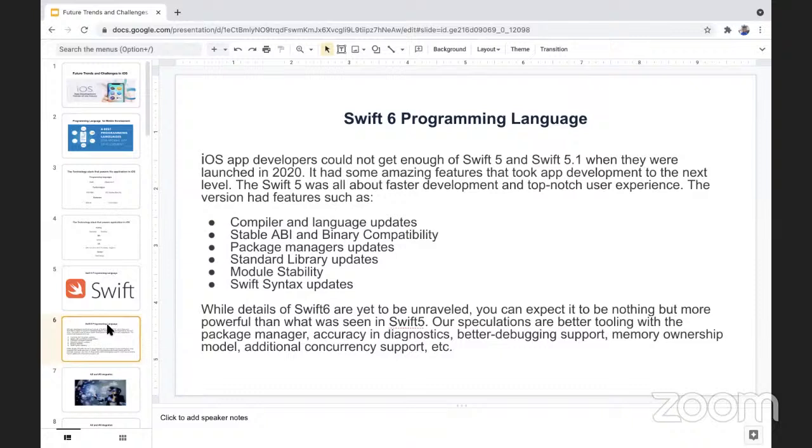iOS developers could not get enough of Swift 5 and Swift 5.1, which were launched in 2020. It had amazing features that took app development to the next level. Swift 5 was also about faster development and top-notch user experience. The version had features such as